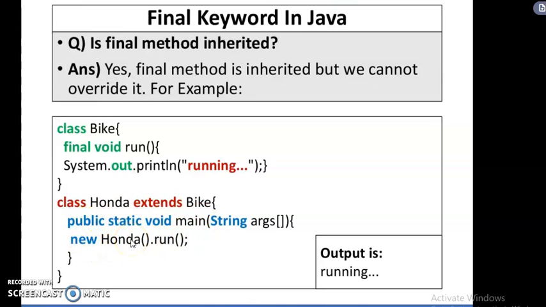The class is inherited by Honda, so you can call this run method by using the subclass name. So here the final method is inherited, but we can't override it.